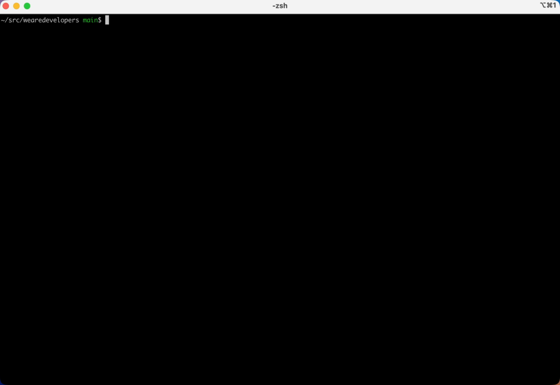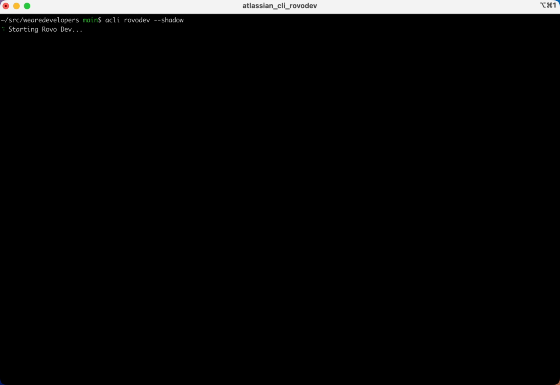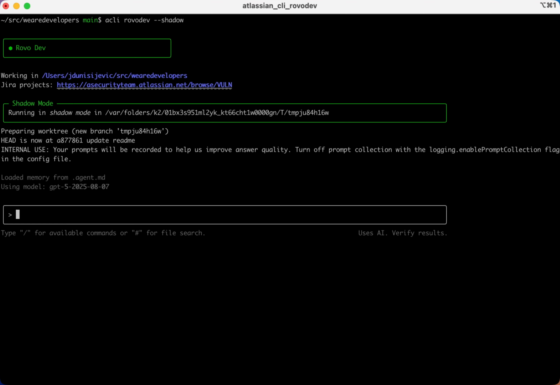Think of it as a dry run or read-only mode, perfect for previewing the effects of commands, validating automations, or demonstrating workflows without any risk. Start the CLI with the shadow mode flag. If I now run a command while Rovo Dev CLI is in the shadow mode, for example,